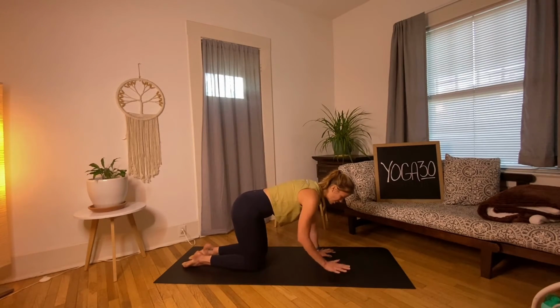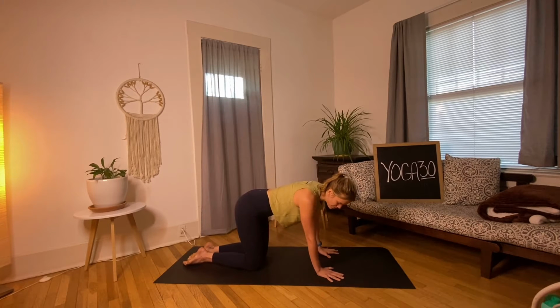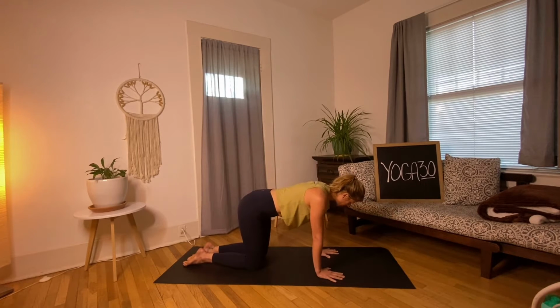Meet me in a tabletop shape. It's so nice to start here because we can really connect into the mat, we can ground into the palms, into the knees, and just because we're supporting ourselves in this tabletop shape, everything is structured so that you can really kind of relax the spine as you start to shift from side to side. So everything stays stable, the palms grip into the mat, and then you just start to lean to the right